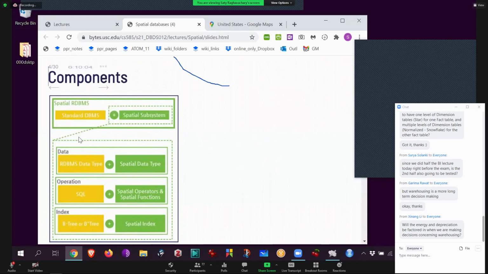Your standard relational database, you already had it, okay? You still have Boolean numbers and SQL. And then you index it using a B tree or bitmap index, all that. But now this is the extra layer that somebody would add. This is where the points, lines, and polygon classes get defined. And then operators, which are things like area, length, volume, all of that.